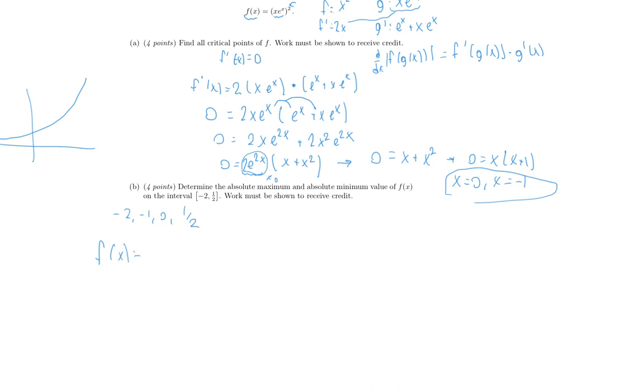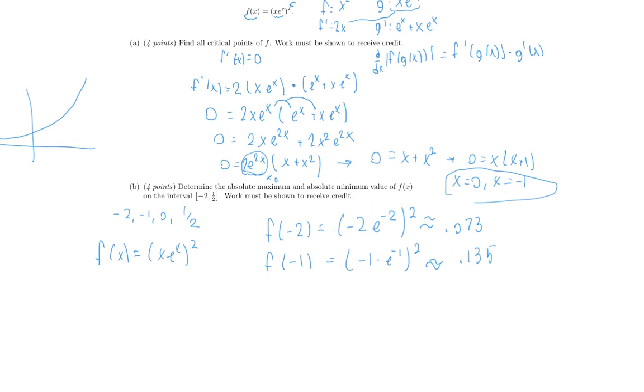I'll go ahead and write out what my f of x was, actually. x e to the x squared. So f of -2 is going to be -2 e to the -2 squared, which, plugging that into my calculator, I'll get about 0.073. I'll try f of -1 next. We get -1 times e to the -1 squared, which will get us about